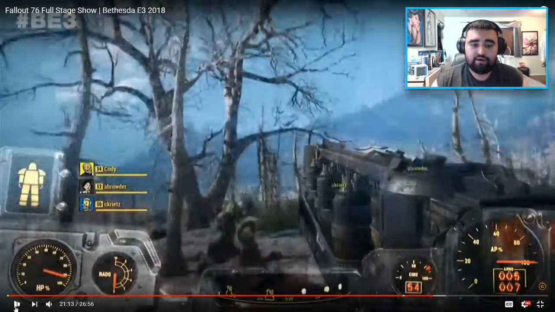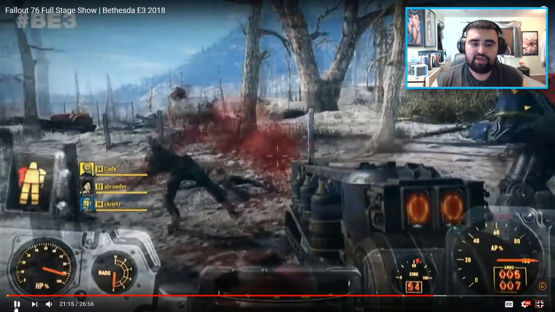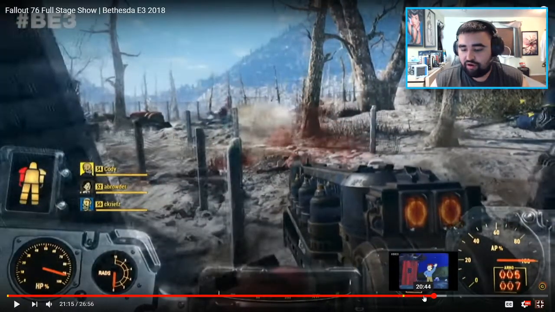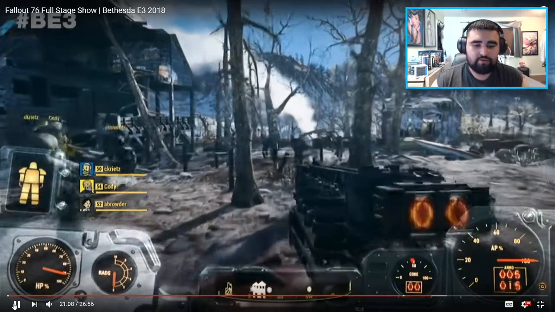If you look right here, if I could get it to pause on the right part. I couldn't get it to pause on the right part, but that character had a pitchfork. Hold on. All right, so let me go ahead and rewind it again. This character clearly has a Gauss rifle. We could tell that, so...